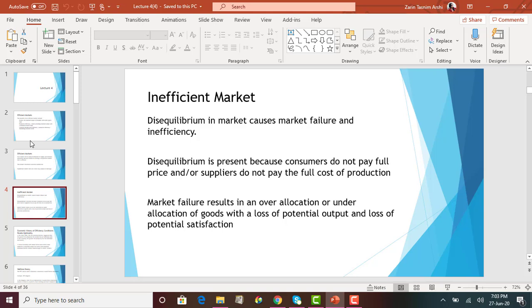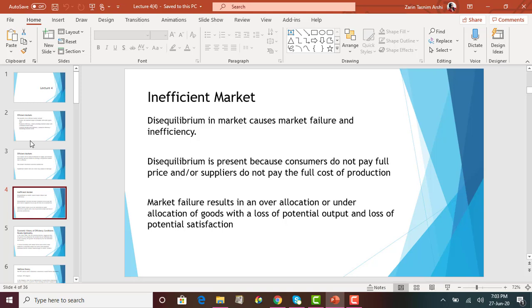Okay, so inefficient market is also known as the disequilibrium of the market, and it causes market failure. Okay, disequilibrium is present when consumers do not pay full price and or suppliers do not pay the full cost of production. Okay, so when consumers do not pay the full price, and if suppliers do not pay the full cost